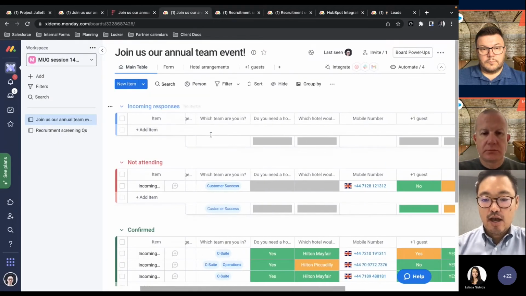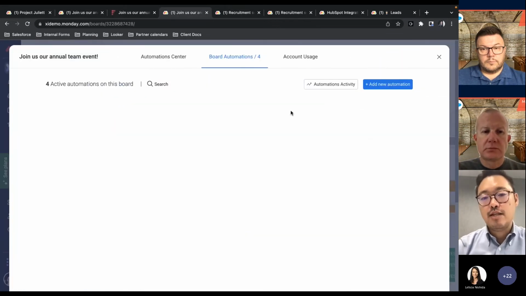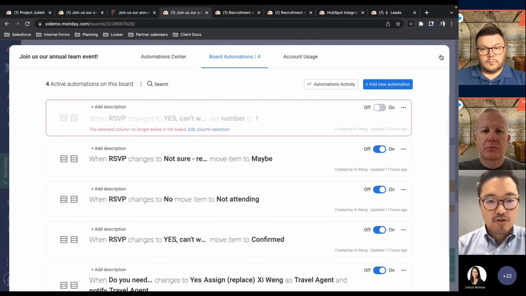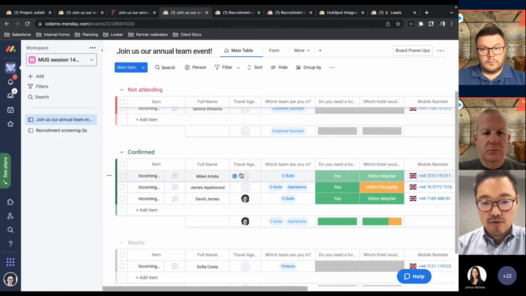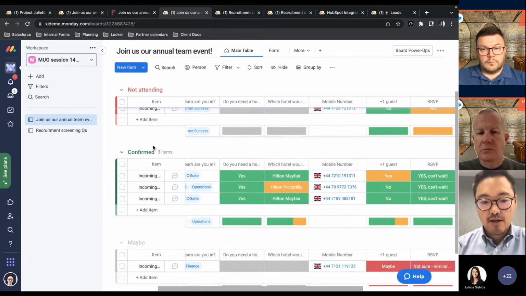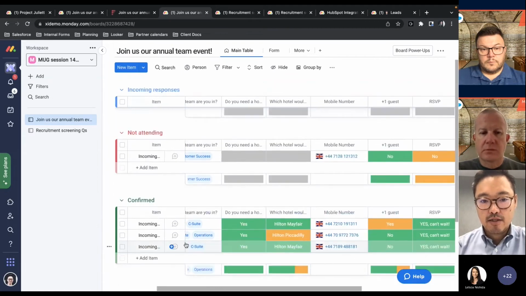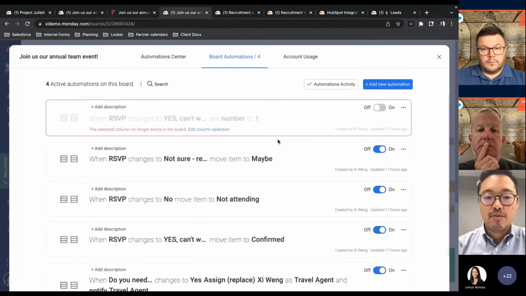And as before, if you've used forms before, you'll know that you can add automations to the board that data links to. So just going to show you here. We have all of these incoming responses for various guests. I've put them into buckets of confirmed, maybe, and not attending, and that's all automatically done from the submissions.